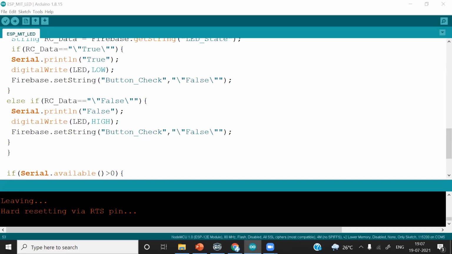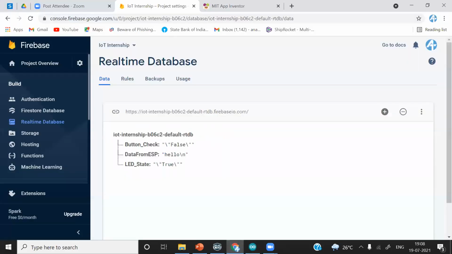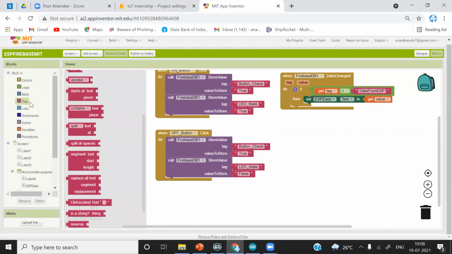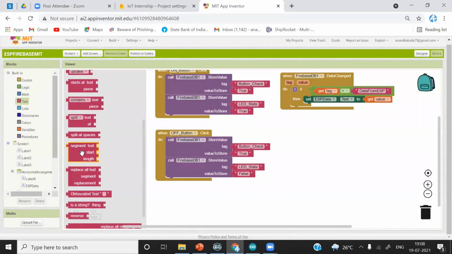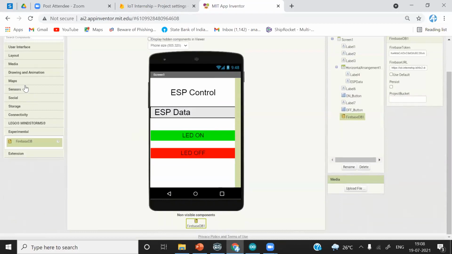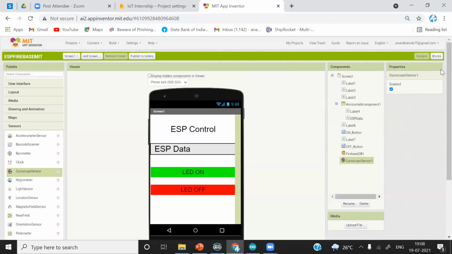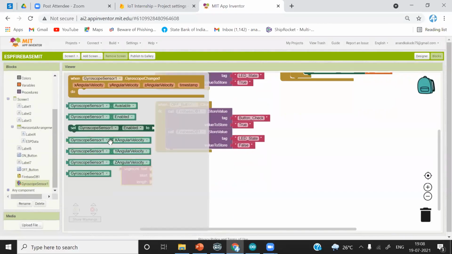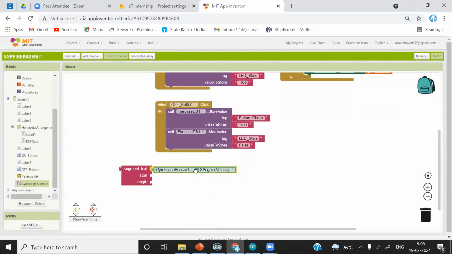Sir, decimal please. In the gyroscope, I think your question is related to the gyroscope because the number was too large after the decimal point. You can decrease it using a feature available in MIT App Inventor. I'll just quickly show you that. The text, you can see that segment of string you can select, and the text you have to put. For example, in case of the gyroscope, I will include this from sensors, gyroscope. And you can attach this to the string text.